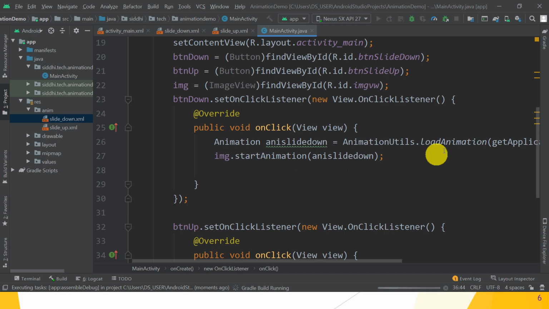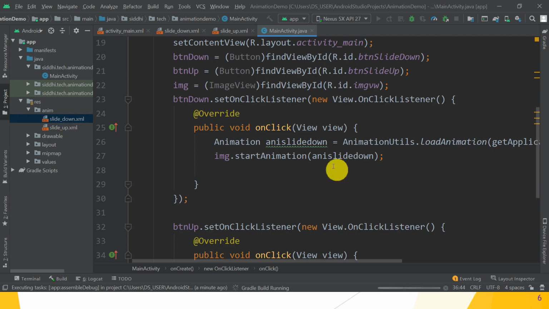One is the current context object and second one is the animation file, that is slide_down.xml or slide_up.xml. So these files are present in R.anim.slide_down, okay, so this XML file's path is R.anim.slide_down, as well as R.anim.slide_up is the path of the slide_up.xml file.